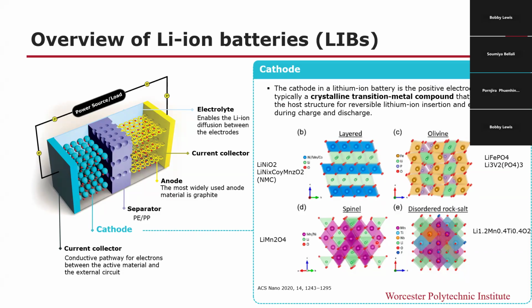In olivine structures, the oxygen forms a distorted hexagonal close-packed framework where lithium and iron occupy distinct octahedral sites, which are connected by a rigid phosphate tetrahedral network. And finally, in disordered rock salt structures, the framework can be described as a layered structure with randomly distributed cations. Lithium and transition metal ions are randomly arranged, so the distinction between lithium layers and transition metal layers is not